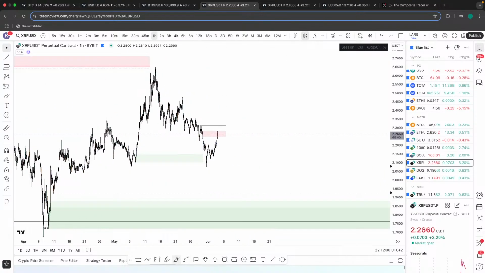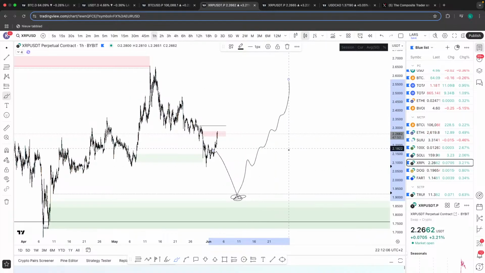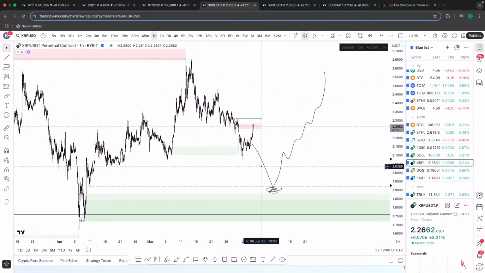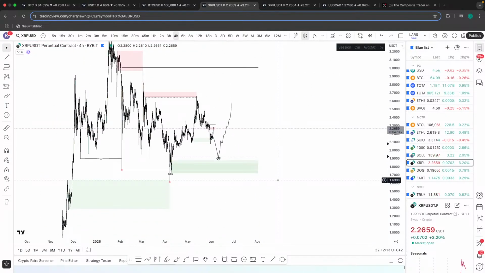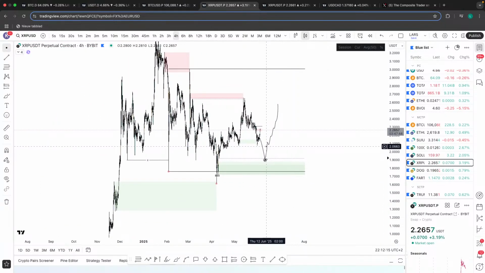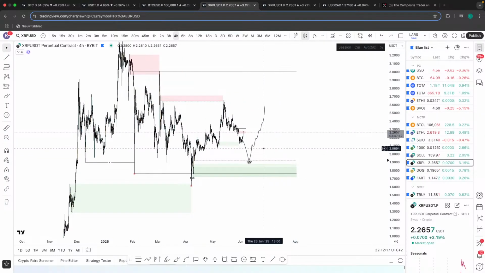So the idea was down here that XRP then comes down into these levels and then starts reversing up aggressively. It's an idea. It's not guaranteed. It would give us very nice entry opportunities, but maybe that's also the reason why they don't want to. Right? But the idea is still alive, but the longer it takes to get here, the more the